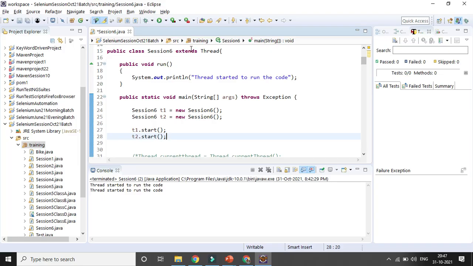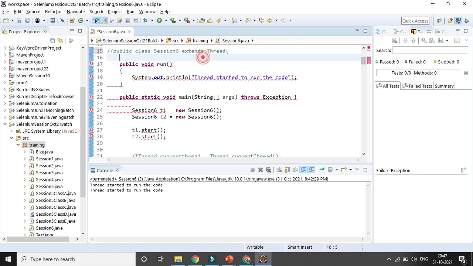This is the interface available, Runnable. If you want to give some printout using a for loop, you can also do it.